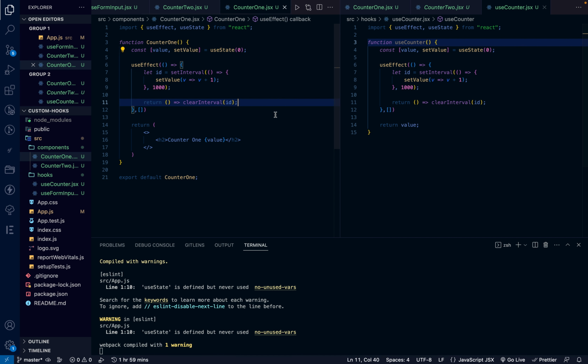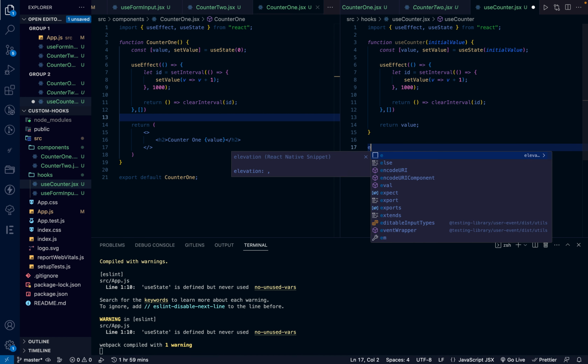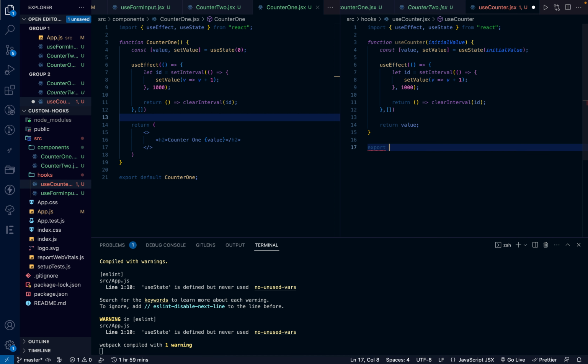Now always remember to take the initial value, so in such scenarios, I'll take the initial value so that we don't always start the counter at 0, and then we pass the initial value over here, and then we can export the